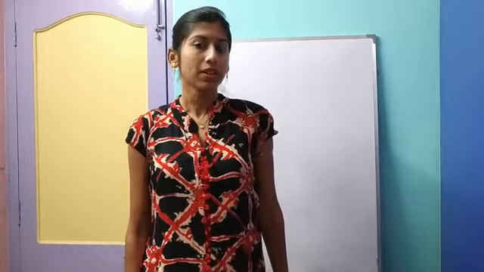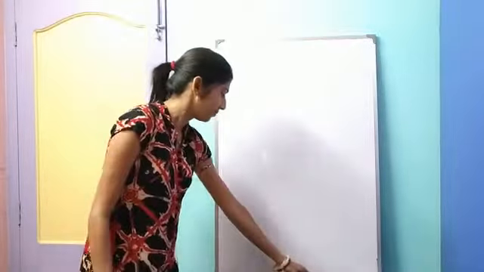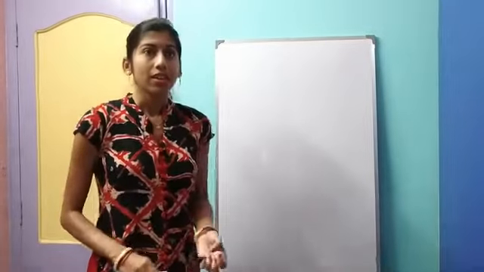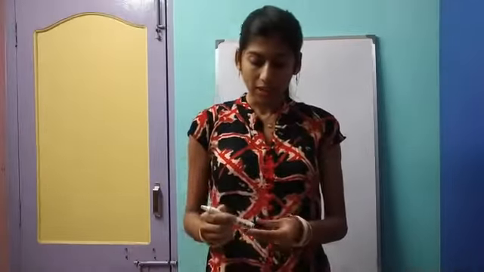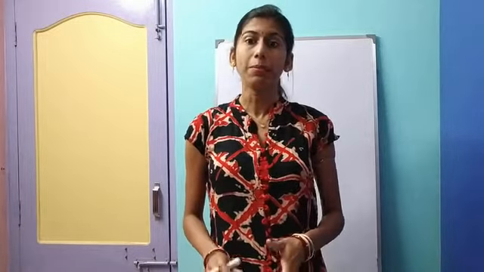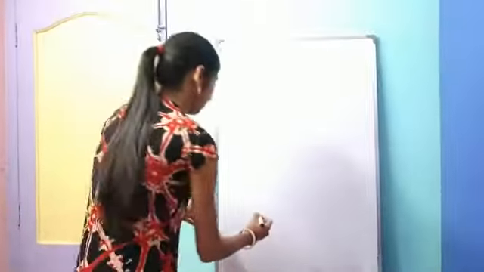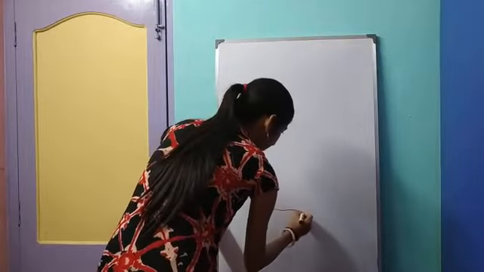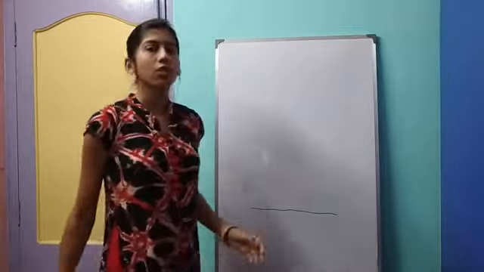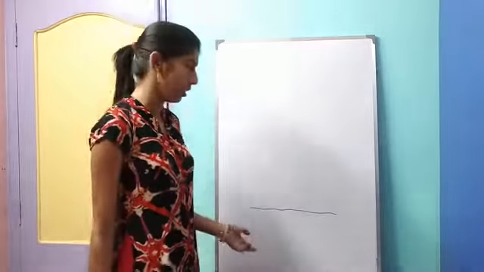So today we will complete the rest of the first chapter of your science book. So let's start. In your previous class I told you that we will draw a diagram of a plant showing different edible parts. So first we will draw that diagram of a plant. You just follow the diagram and try to draw it in your copy.